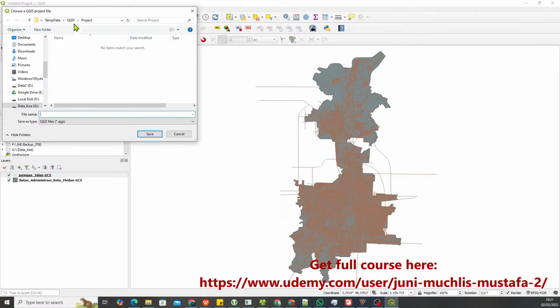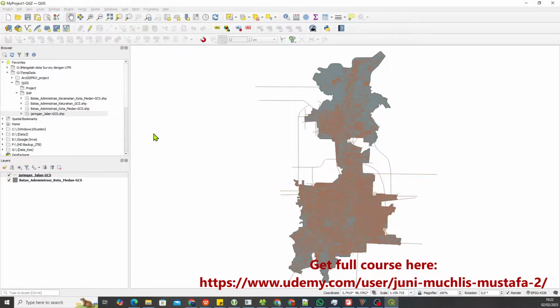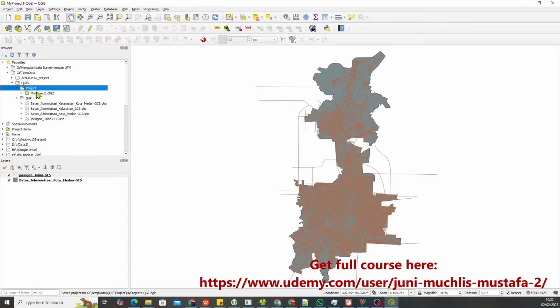and here I will name it my project 1 QGZ. So this QGZ is my way to note or mark that it is the QGZ format. If you don't want to use my conventions, that's okay. So we can hit save here, and there we have QGZ,